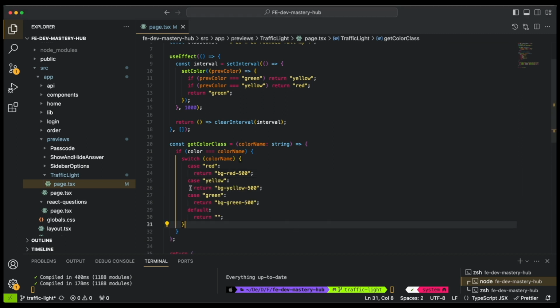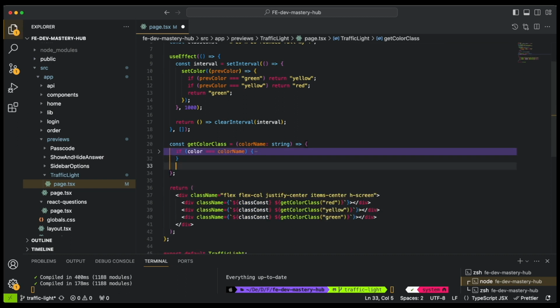Okay, so if it's yellow, we will return this. If it's green, we will return this. Otherwise, the default is blank. And if this condition is not true, then we can just return the gray which we were showing before. So if I do that and pass it here,